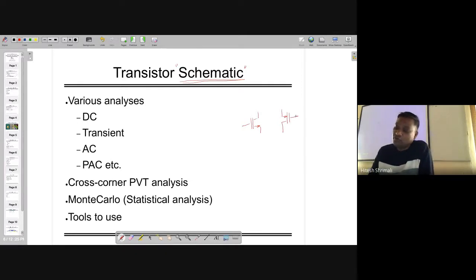So when you are using the tool called Cadence, the tool name for designing schematic is Virtuoso, by the way. Okay. And to simulate this, it's Spectre.